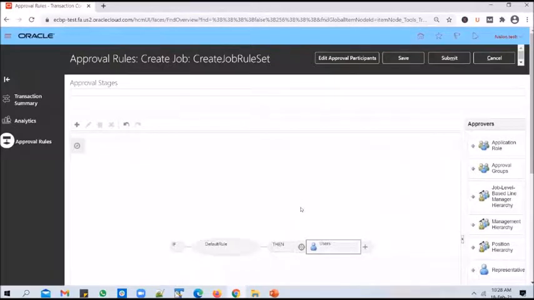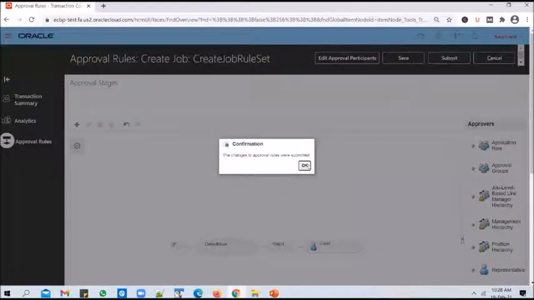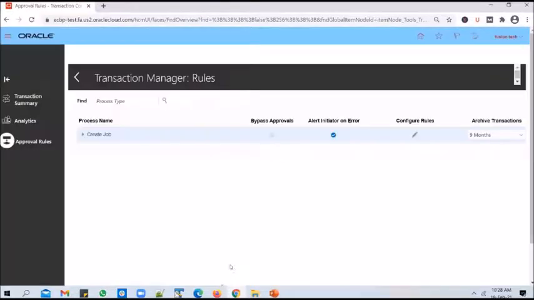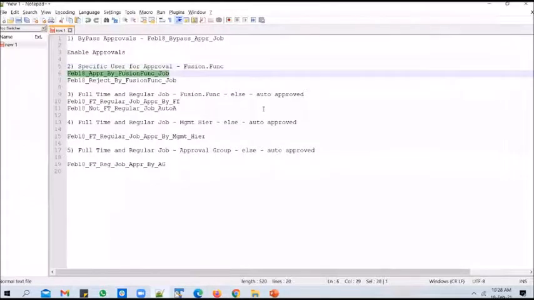And if you try to test the configuration, it will work as if you have not made any of this change. So for these changes to take effect, you have to submit them. Submit them, click on Yes, and wait for the confirmation. Once you get the confirmation, you can go back to the other session and kick off another request. And we will test a couple of use cases here.